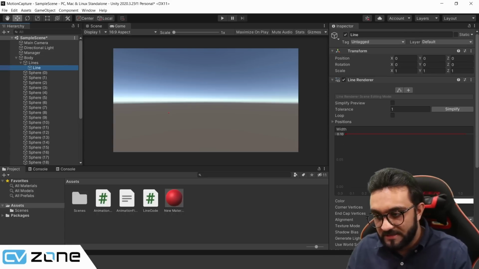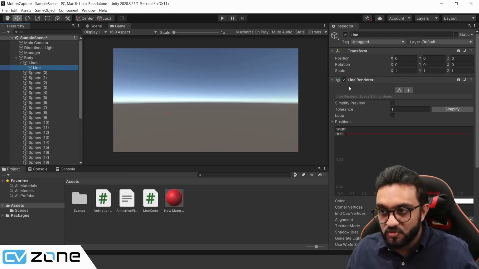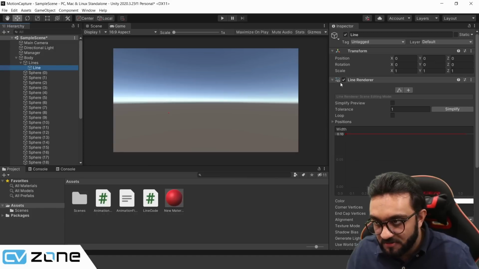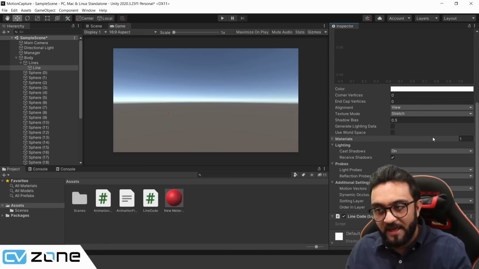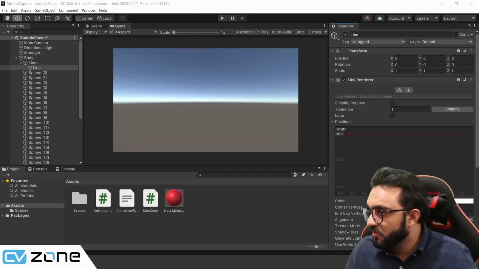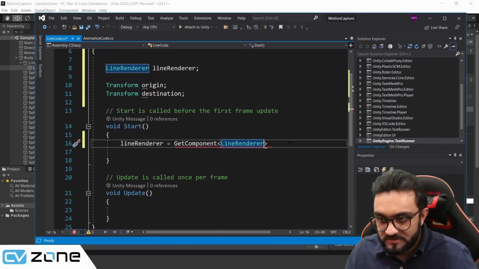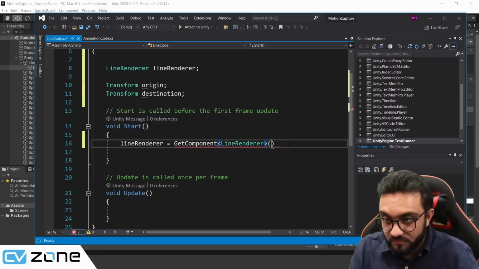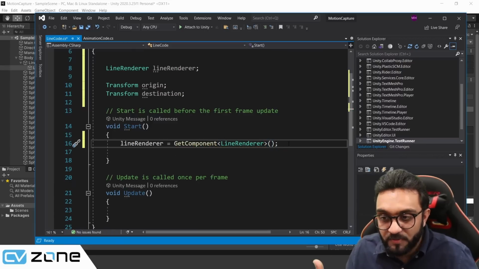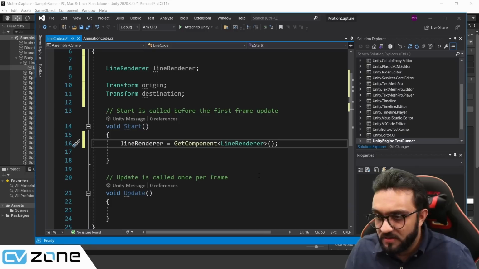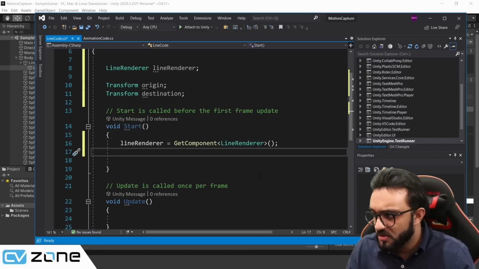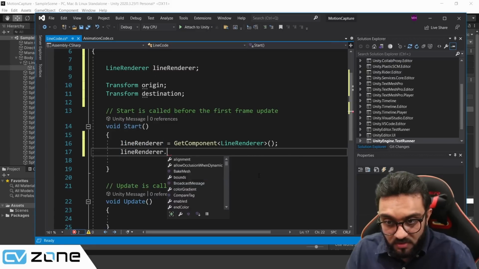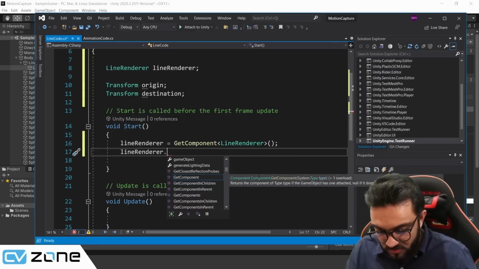Now in this line code, we are asking to find this object, the line renderer. Using this line renderer, we are going to give it the starting and the ending transform. So if we go back, this is the object that we are getting, and this is the property that we are getting. And then we will define the width of our line. So we will write here lineRenderer.startWidth